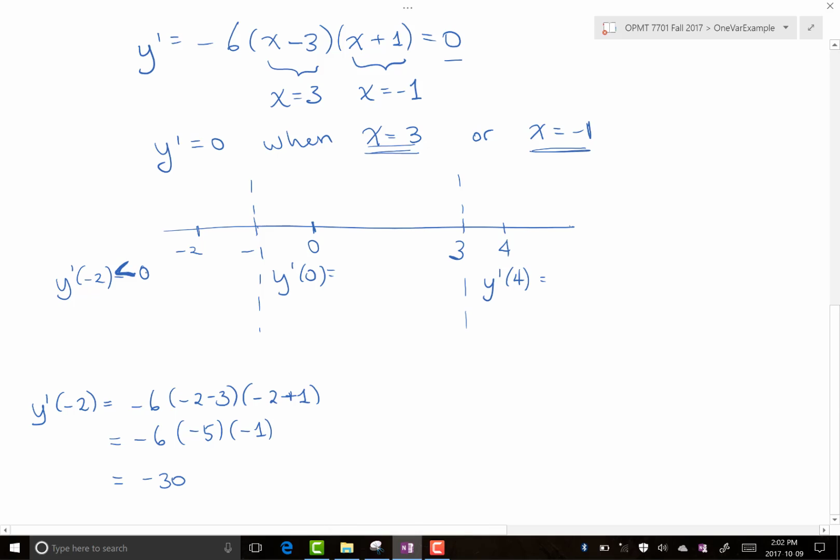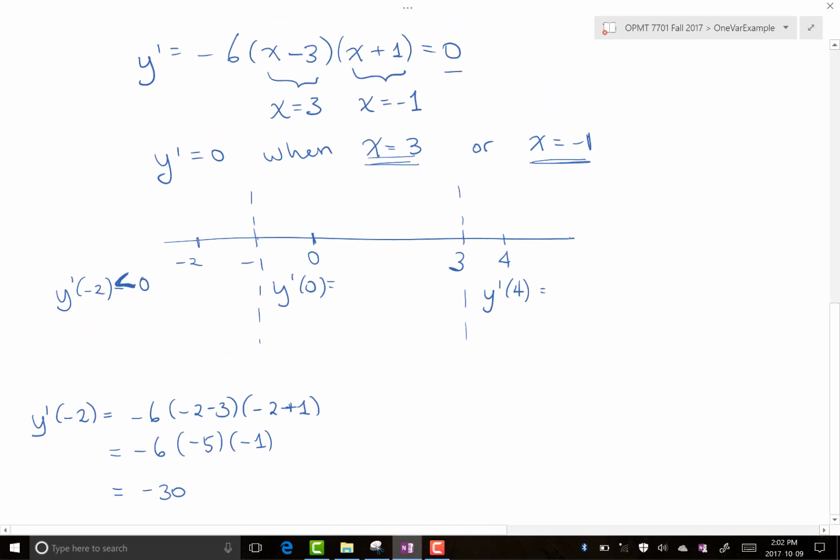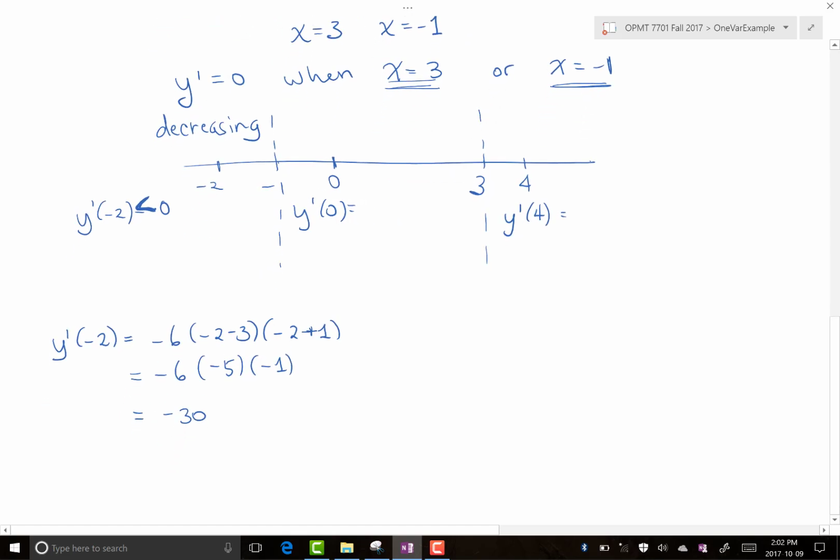So what I care about on the graph here is that y prime is 0, or if you will, y is decreasing to the left of -1. Because where we tested at -2, it was negative. Gorgeous. Y prime at 0